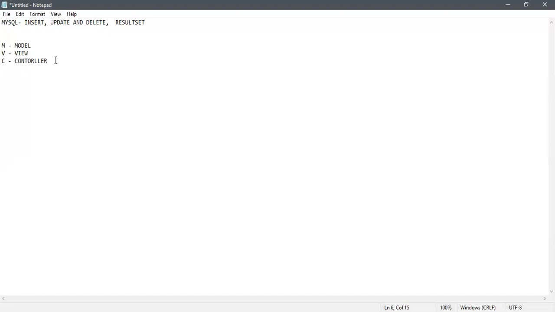Right now we are using Java, right? So the model will be a Java file, which we call a POJO file. POJO means plain old Java objects. What does it consist of? Why do they call it a POJO file? Plain old Java objects means it consists of setter and getter methods. Again, I am telling you, this model consists of setter and getter methods.